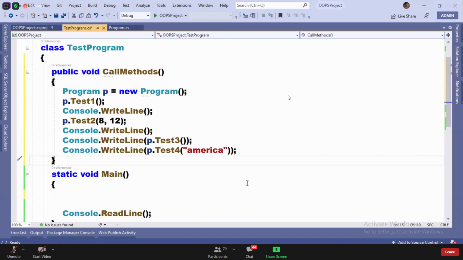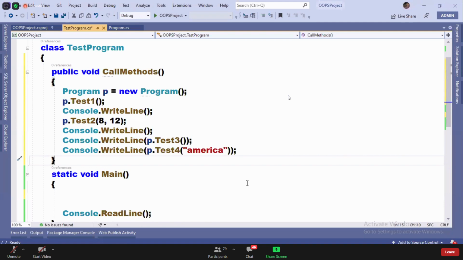But where did you write the code? In callMethods. So you need to call callMethods first to execute the logic. Now the logic won't execute. Why? Yesterday I said the main method is implicitly called. If I write the logic in the main method, it is implicitly called and the logic will execute. But right now the logic is in callMethods.